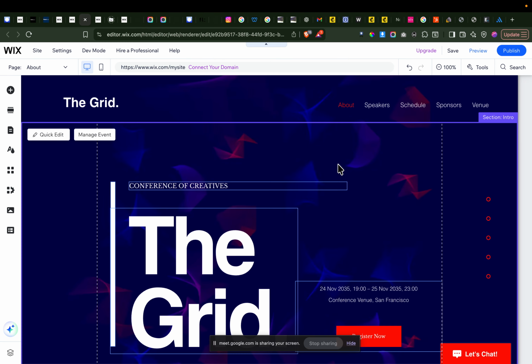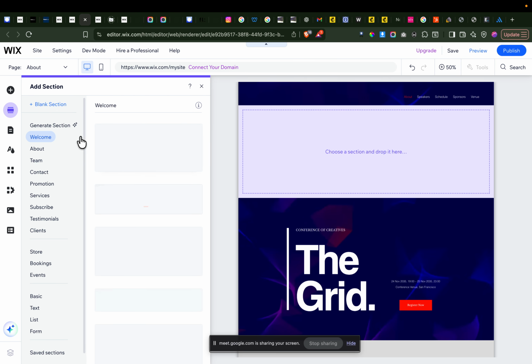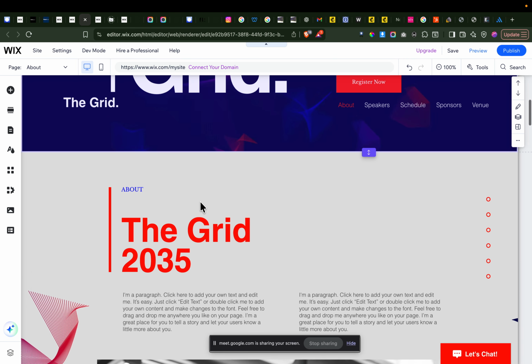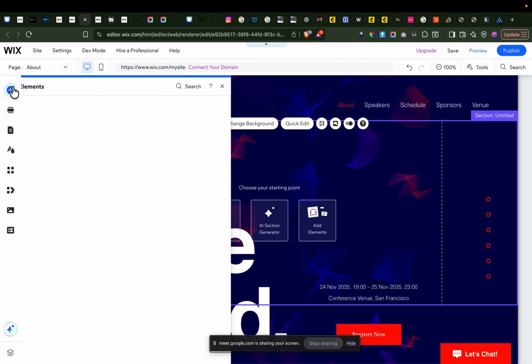So basically what you want right now is something like this. I want to map out a blank section, and on this blank section there should be a stripe.